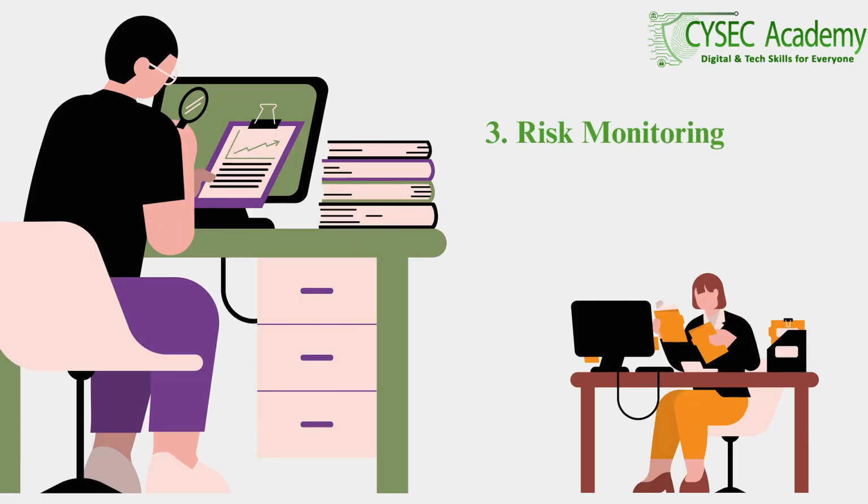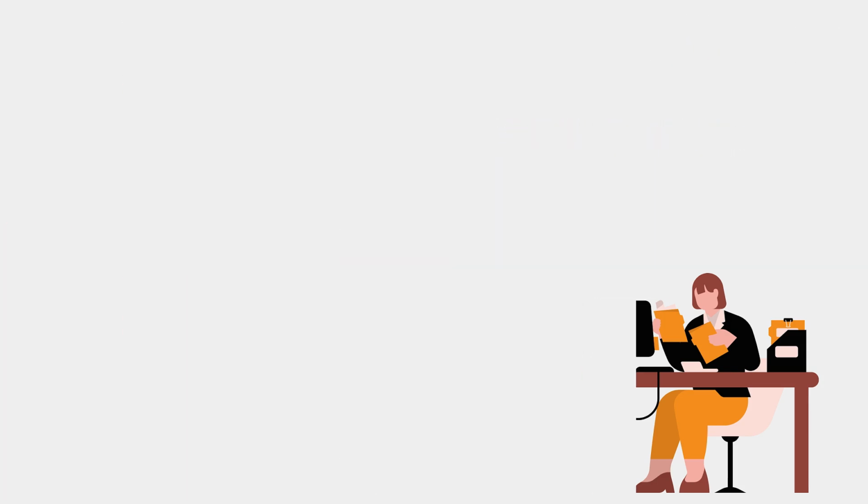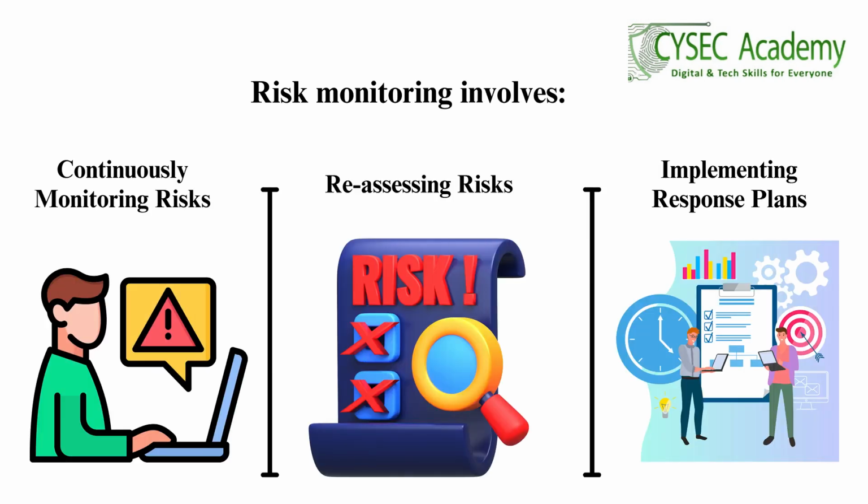3. Risk monitoring. Risk monitoring involves continuously tracking identified risks, reassessing their potential impact, and implementing response plans as needed. This helps to mitigate any negative effects on the project. For the charity run, you might have identified risks such as bad weather or low participant turnout. Risk monitoring would include: